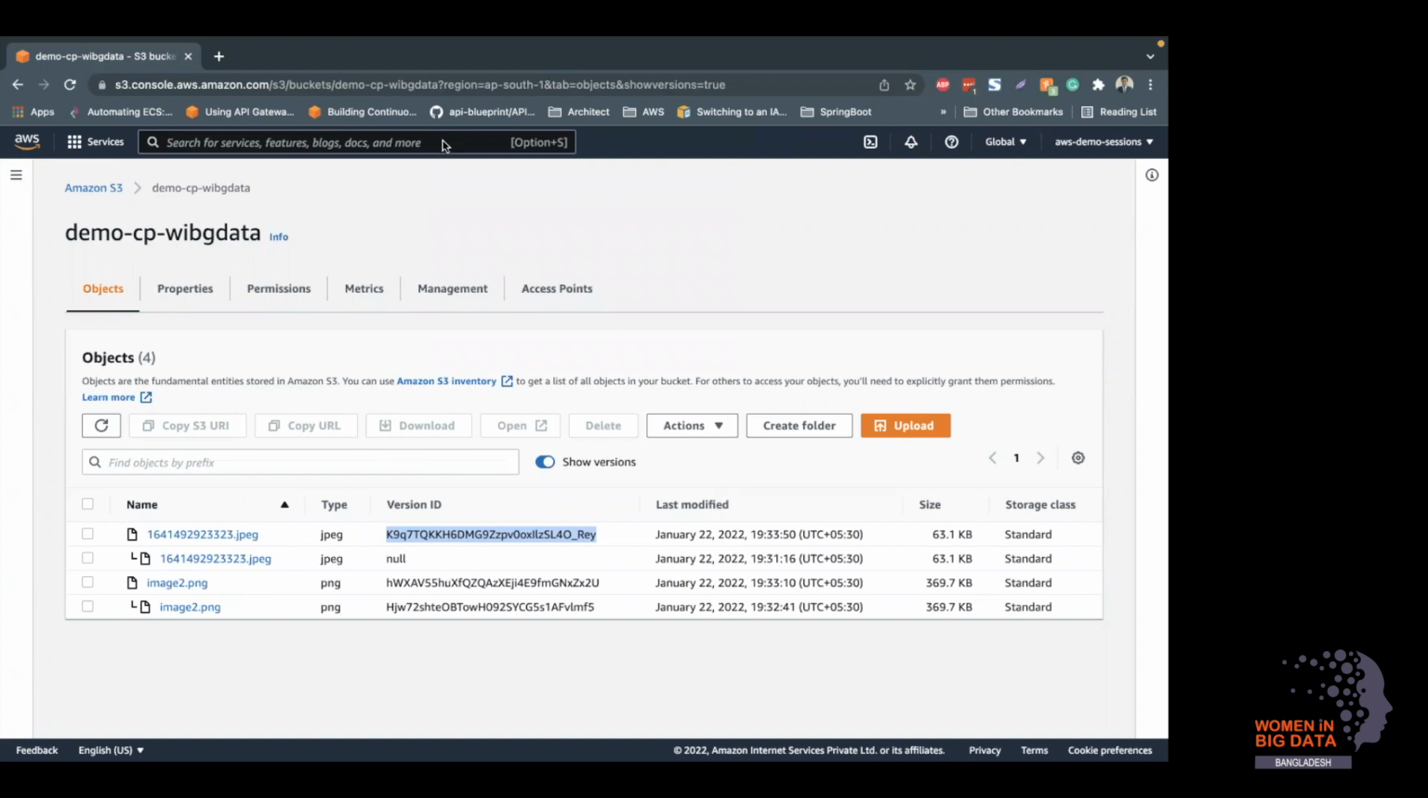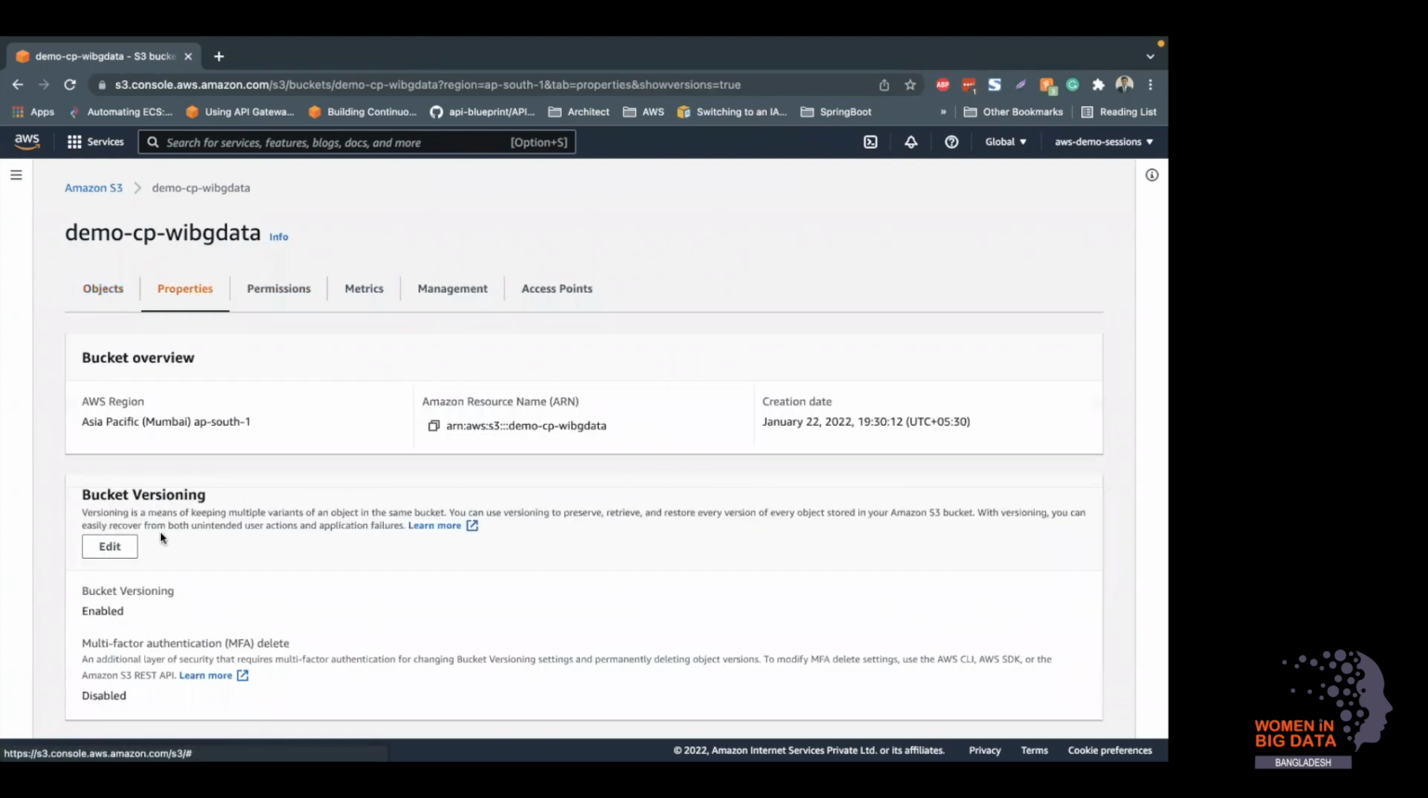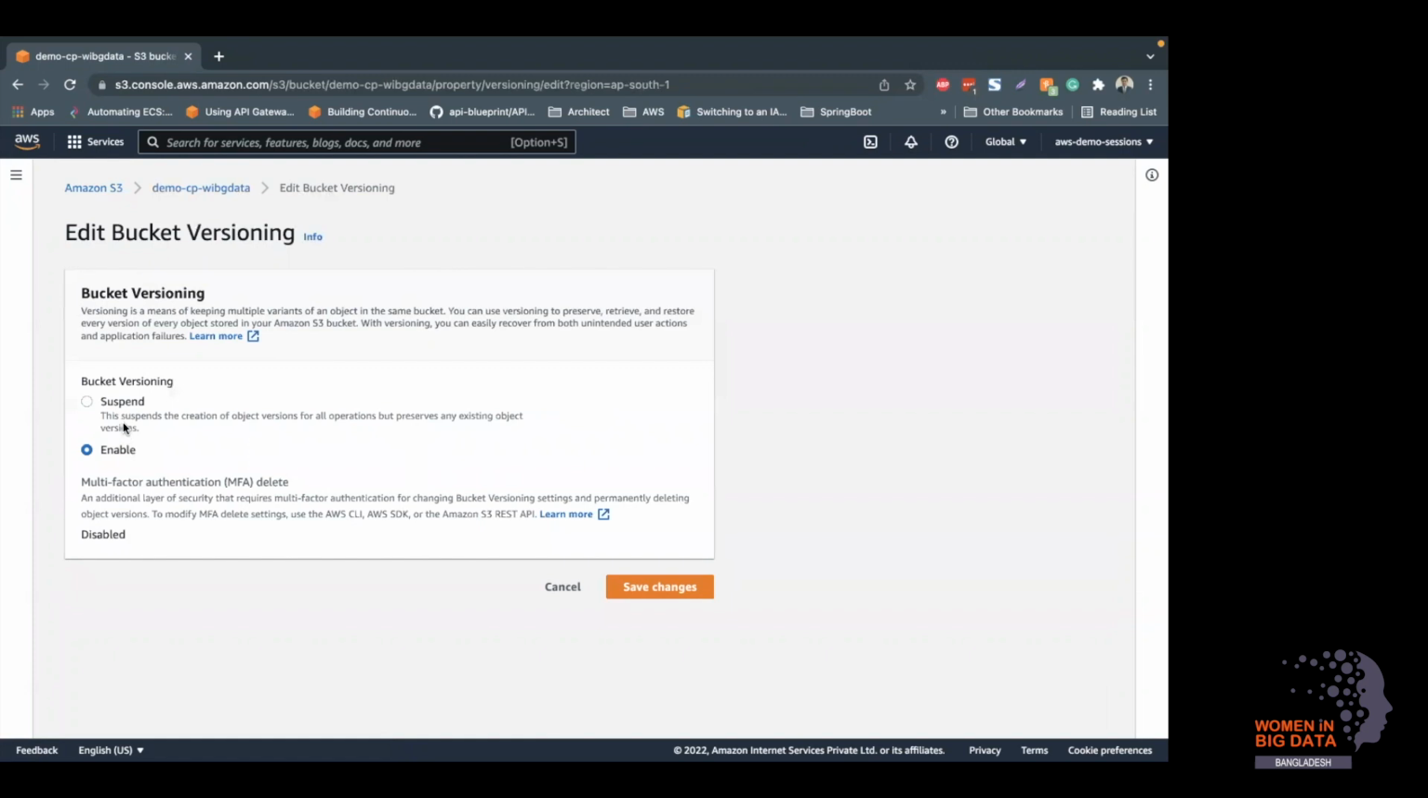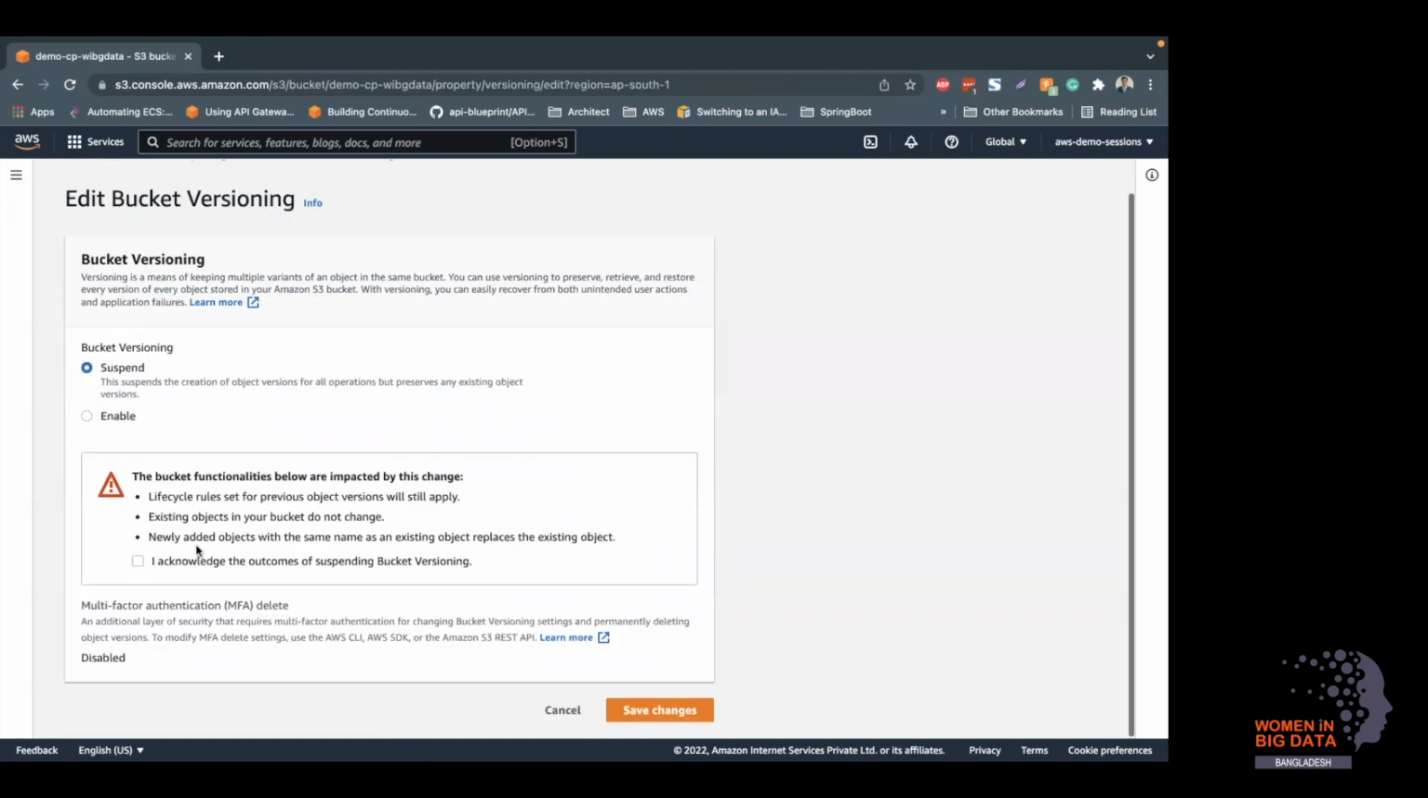So this is what we have understood so far. Okay, that's a good question: what happens when I suspend versioning and then upload? Let me demonstrate that. This is exactly what we have enabled. If we read here, it says the bucket functionality below is impacted by this change. Lifecycle rules for previous objects will still apply. Existing objects in your bucket do not change. New objects uploaded with the same name as an existing object replace the existing one. This is the more important thing. So that simply means if I save this